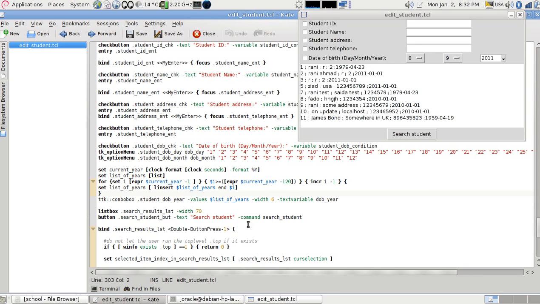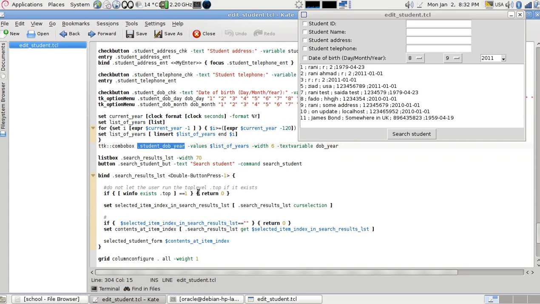But this highlighted one is enough. You can use later the widget subcommands to access the current value, the currently selected value. So